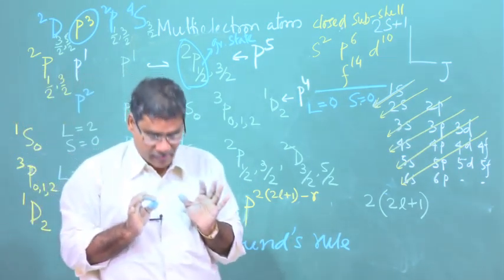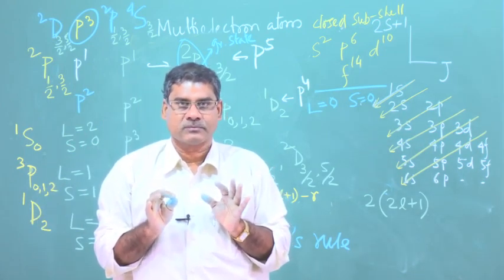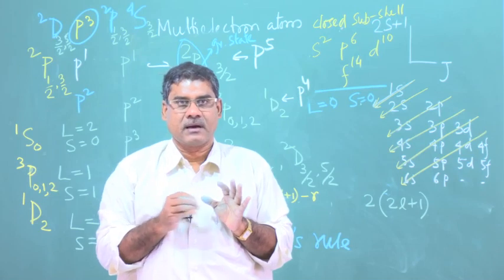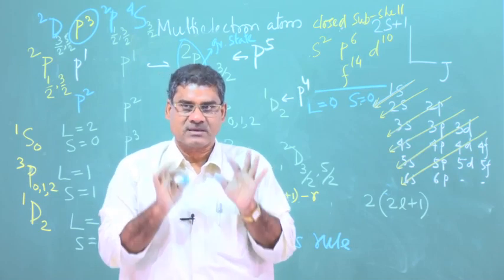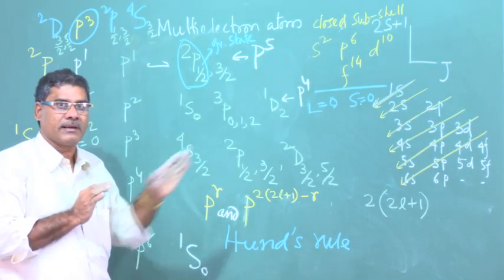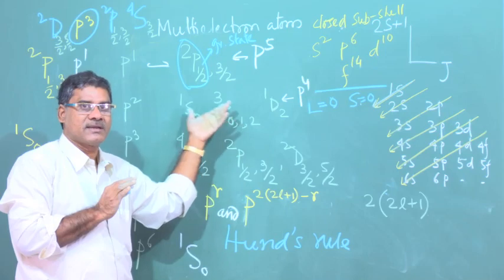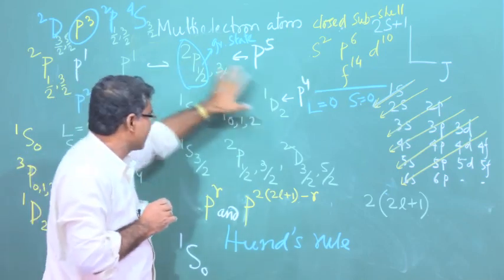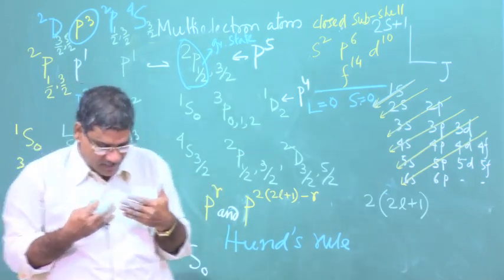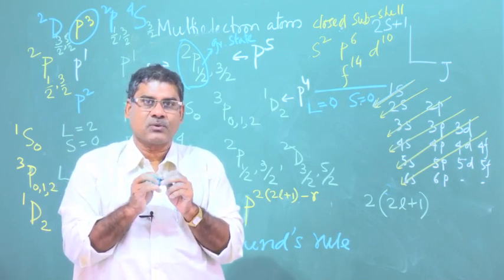To get the lowest energy state, the ground state, this term is having L, S and J. Out of them, how to find out? Hund's rule is telling, first we have to